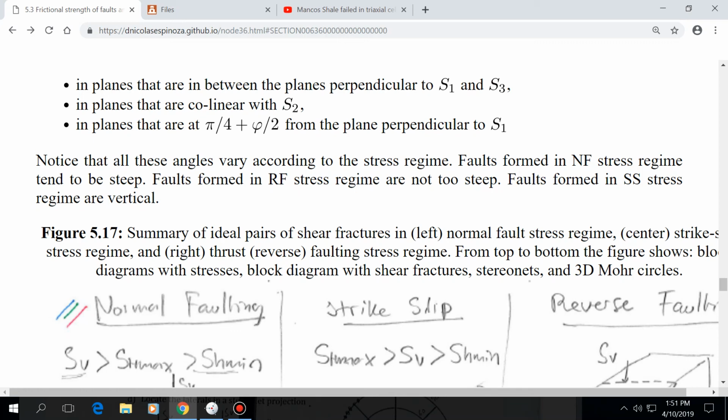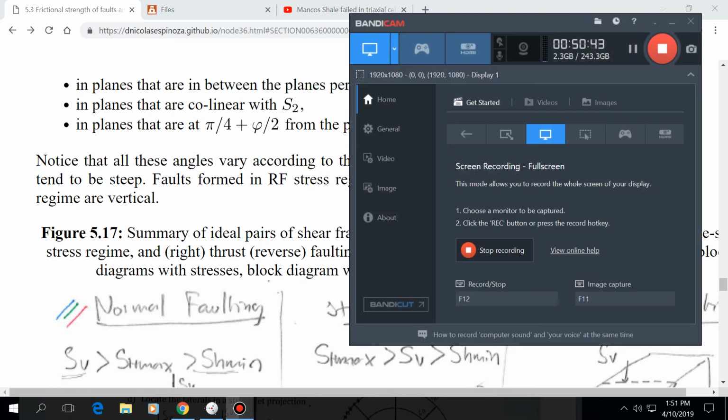So in this problem, you gave us those angles on this. And when I did